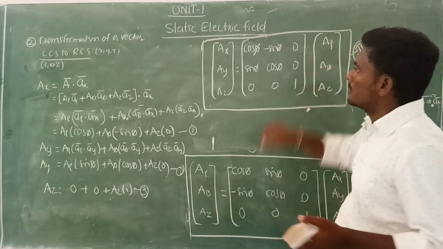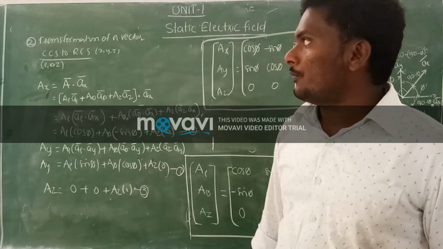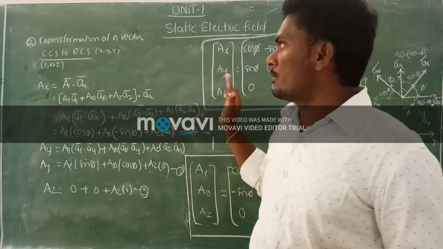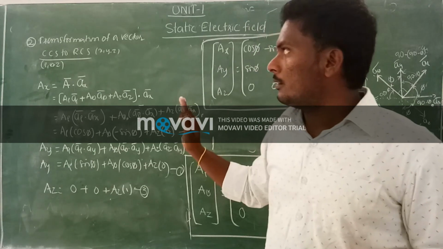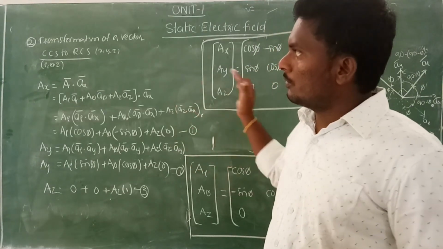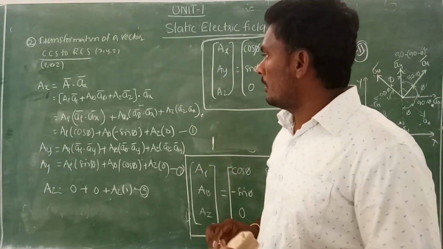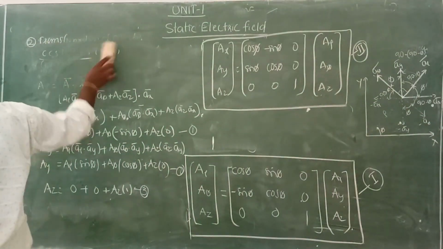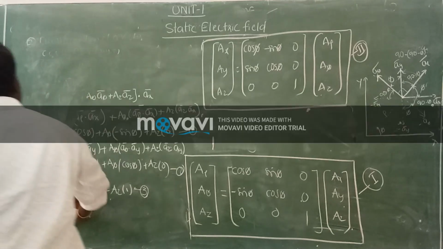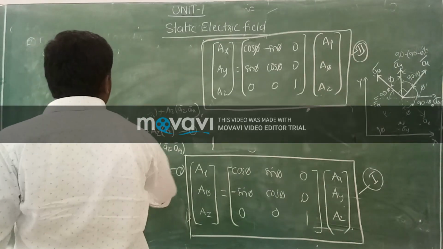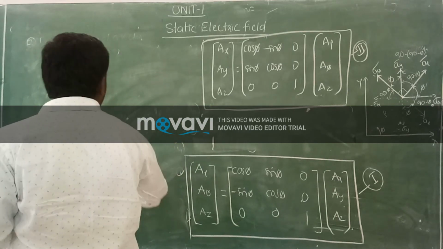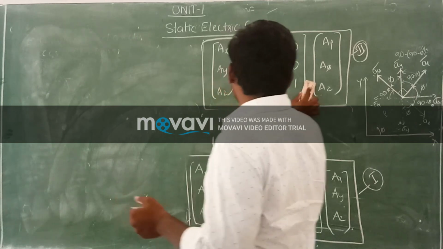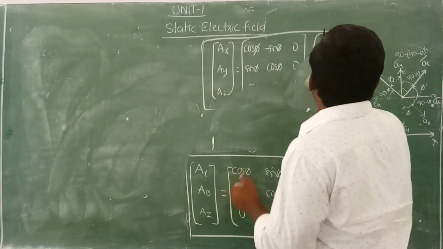Like this, we have 6 conversions. So up to now we have completed the transformation of a vector from rectangular coordinate system to cylindrical coordinate system and cylindrical coordinate system to rectangular coordinate system. Okay, now we'll see the third transformation. Can you tell me what is the third transformation? Up to now we have completed the transformation of a vector from Cartesian to cylindrical, cylindrical to Cartesian, or Cartesian to rectangular, or rectangular to